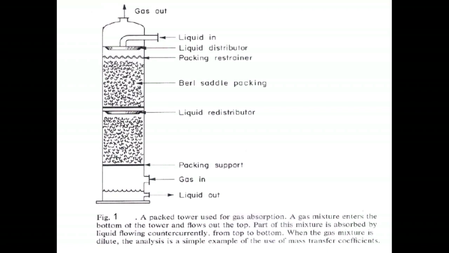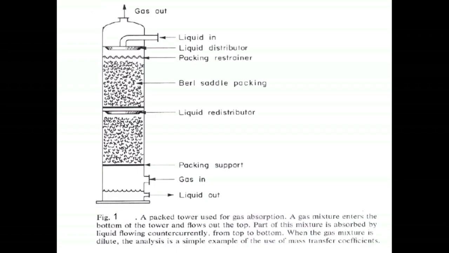The question is, we can ask this question: what if I had this entire section, the sum of these heights H1 and H2 as one section, and I have a distributor, liquid distributor here? I won't need a liquid redistributor. Why do I have then these two subsections? It turns out, and this has been confirmed by careful experimental measurements of porosity across cross section, that the porosity of the packing is not uniform.